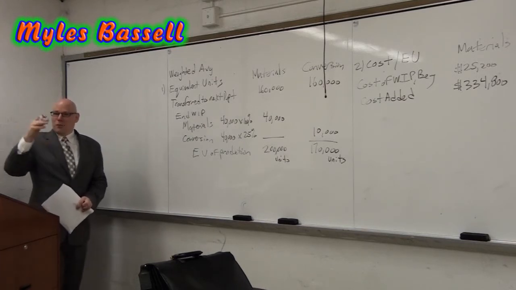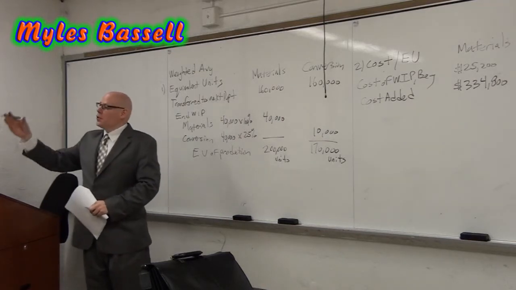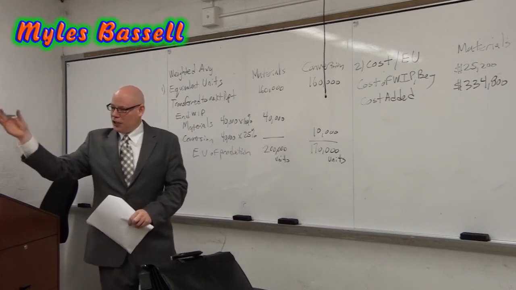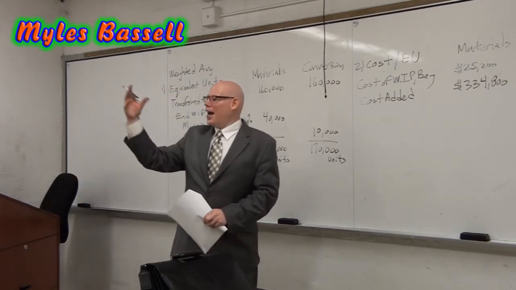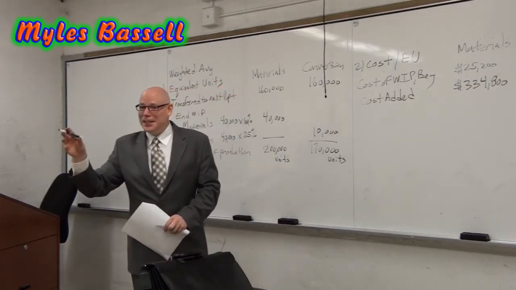And we said product cost and manufacturing cost are the same. Period cost and SG&A, selling, general, administrative, or non-manufacturing costs are the same. And then we said